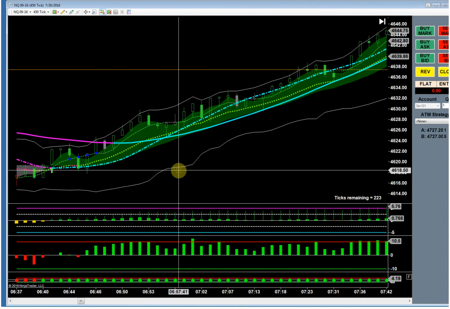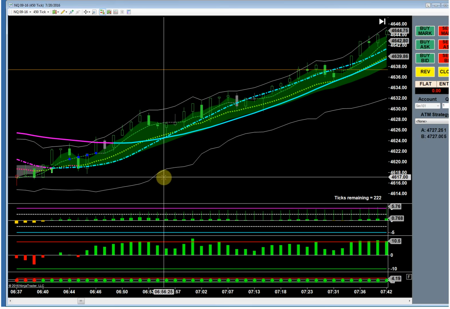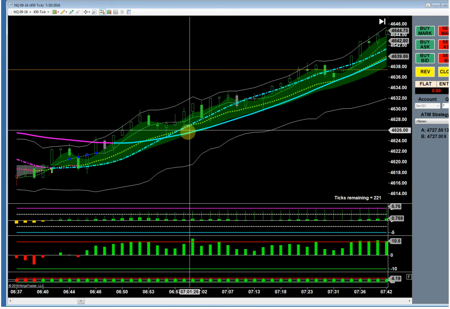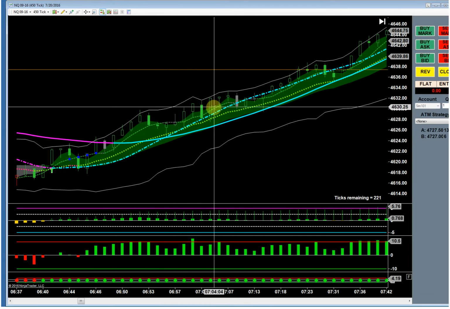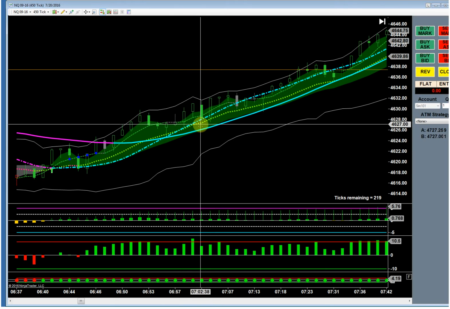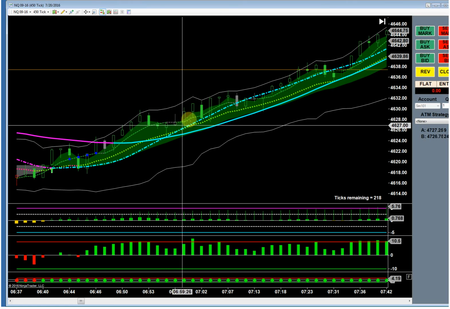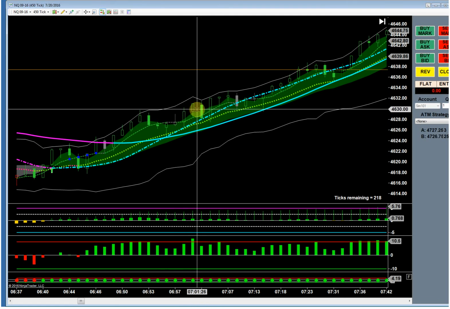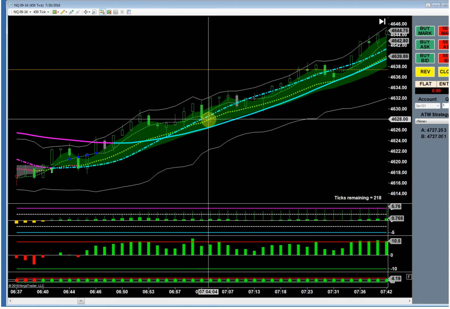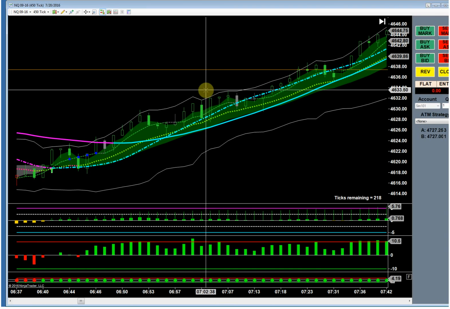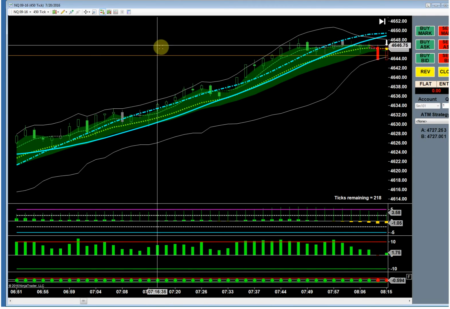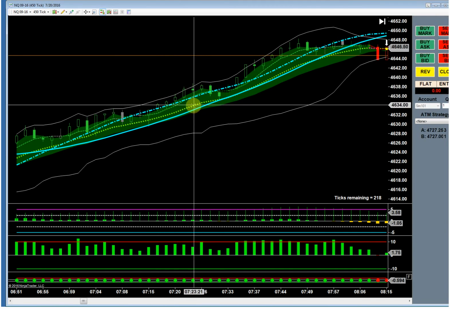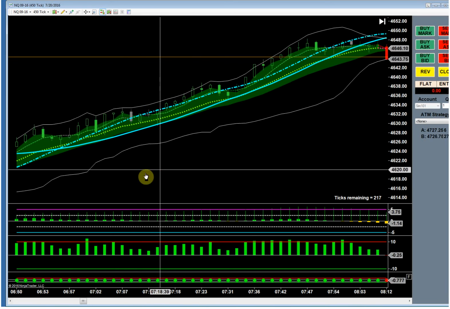However, we did get a trend trade move here, and that's where the dynamic trend band number 1 crosses the Cobra on the upside, and you want to look for a very quick pullback to the Cobra. It should happen usually within 2 to 3 to 4 candles maybe. And there it is, instant 3 points there, and nothing more.